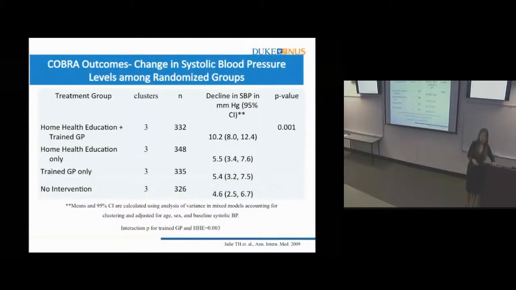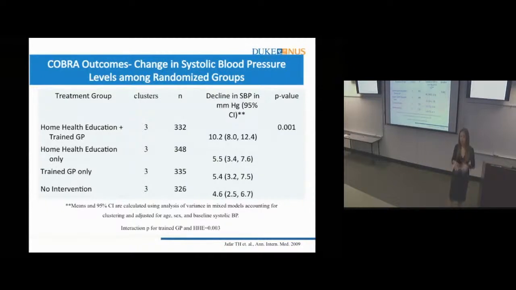Yes. We wondered why that would be. If you go back and look at the literature on what happens with single interventions and combined interventions, what have the studies in the West shown? In fact, there's a very nice systematic review which was published after the study was published. You will see that single interventions for blood pressure control have not shown any impact anywhere. When you combine interventions, somehow it works.